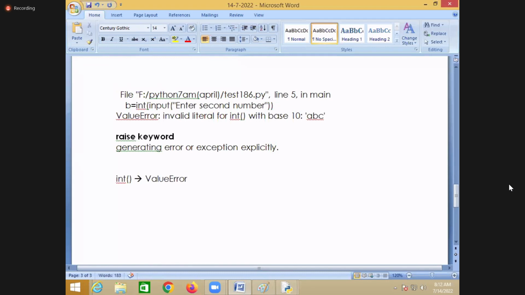Who is generating the error? The function. In the same way, the float function generates a value error if we give wrong input.